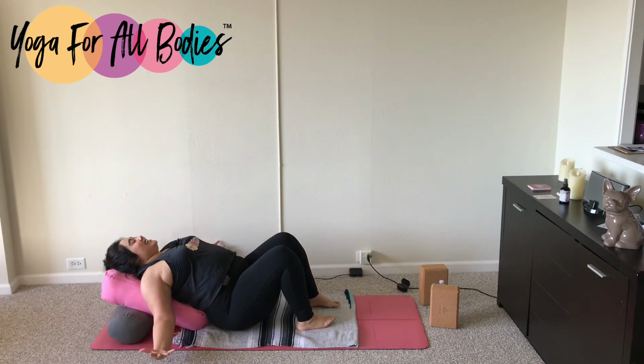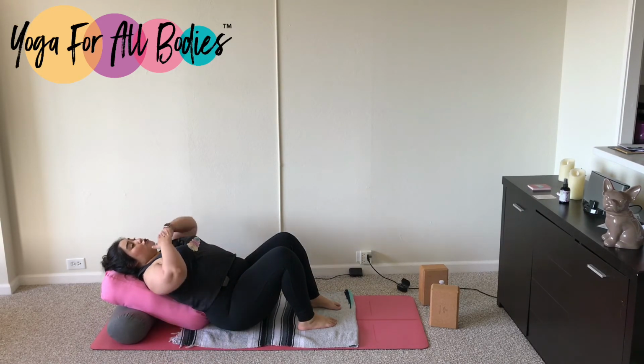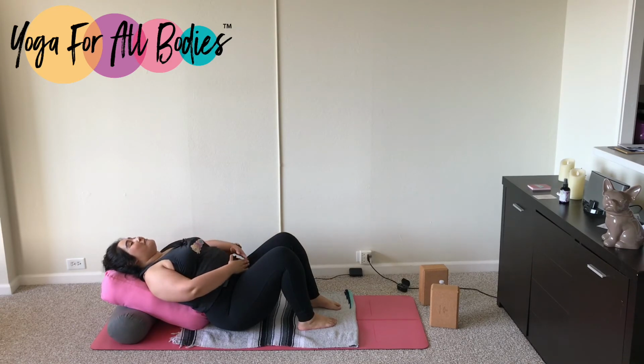Now decide an amazing placement for your arms. Maybe by the sides, palms facing up, hands on your heart, hands on your belly. And once your whole body is supported by your props, you invite relaxation in,